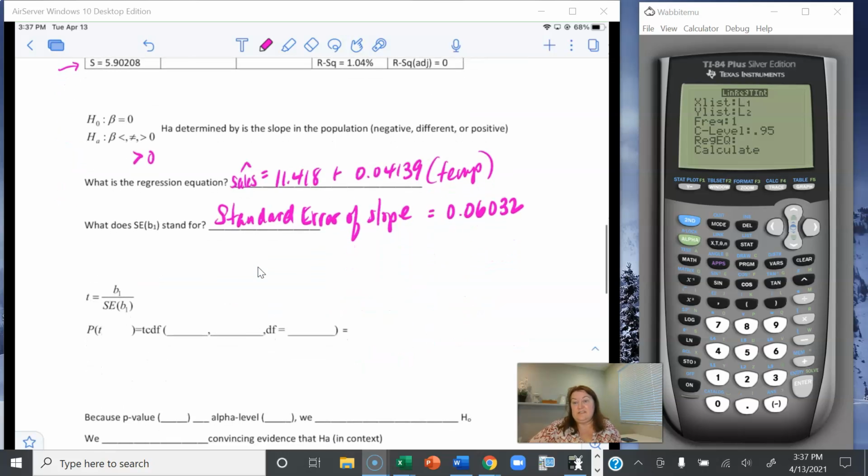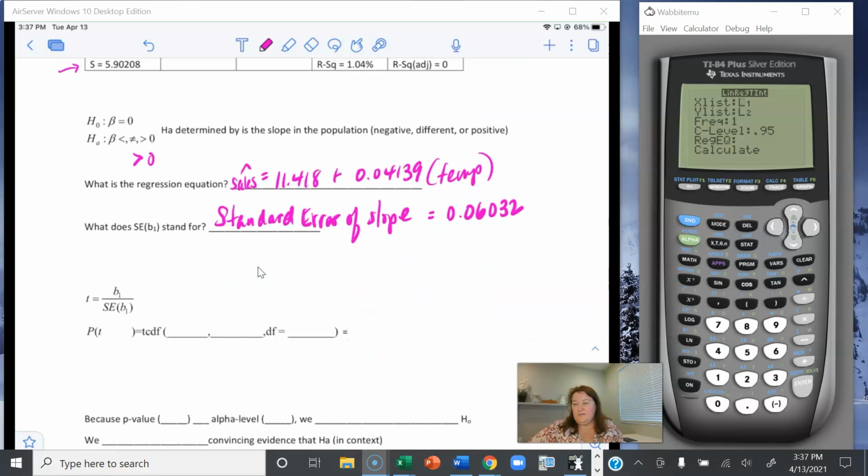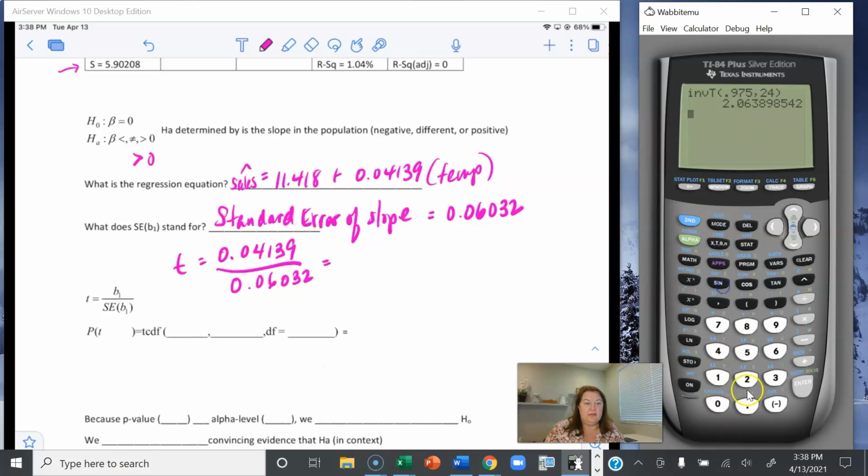All right, on to the next thing. Let's go find our t values. So this would go under the t in phantoms where we actually calculate a t. So here is our formula for t. It's just slope over standard error. Okay, so when we do this one, we will get t equals 0.04139 over 0.06032, and if I calculate those two,